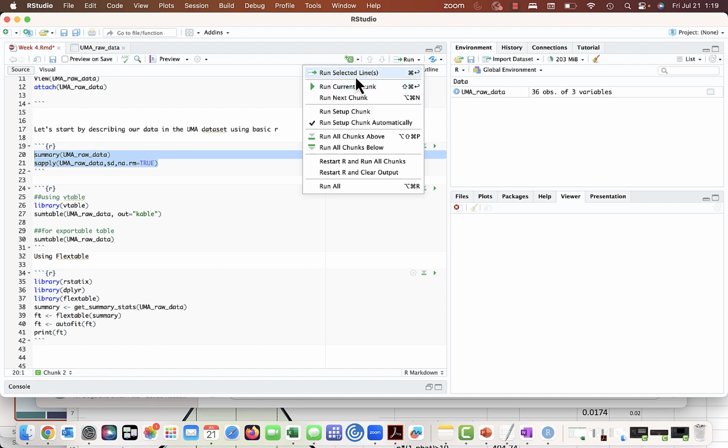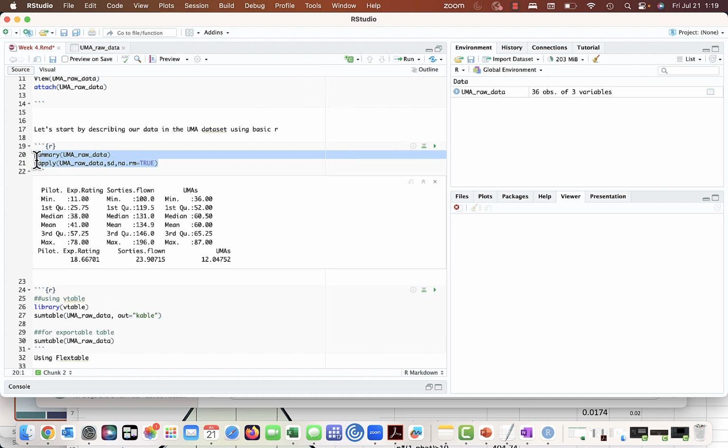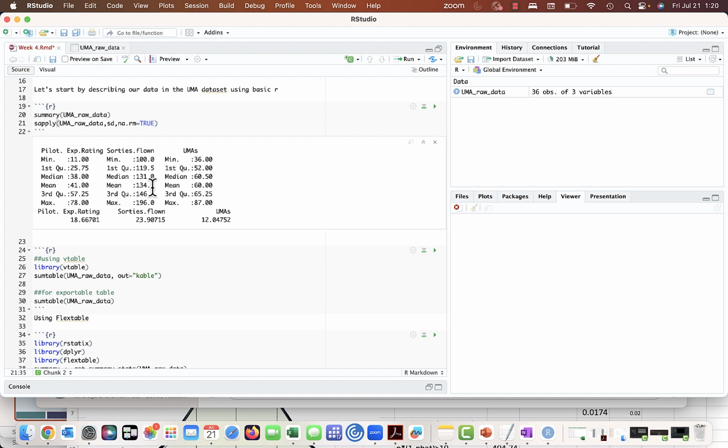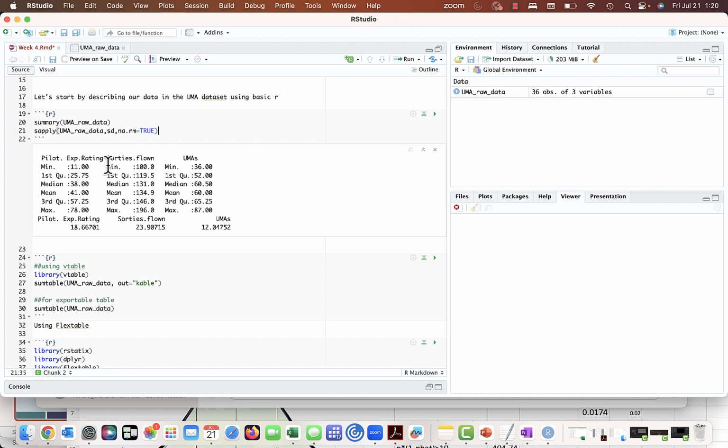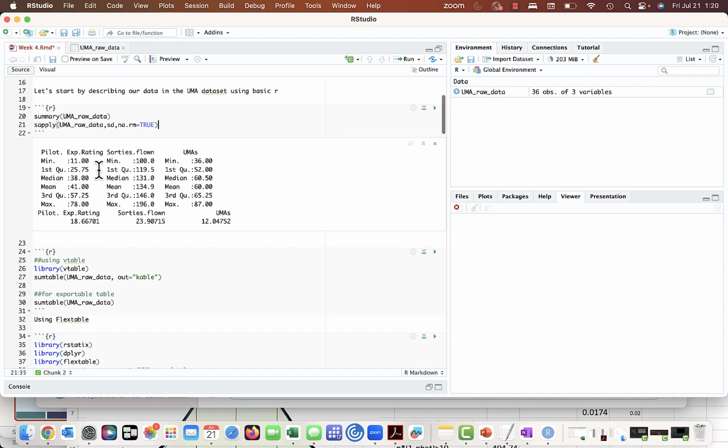you can tell R to summarize with the command summary. And then because I wanted some standard deviations, I told it I wanted the standard deviations of this data set, UMA raw data. So that's some code for you to get all of your descriptive statistics except standard deviations. I have no idea why R thought they don't want standard deviations in their basic code. But anyway, this is a basic way to get basic descriptive statistics. It's not terribly pretty, but it